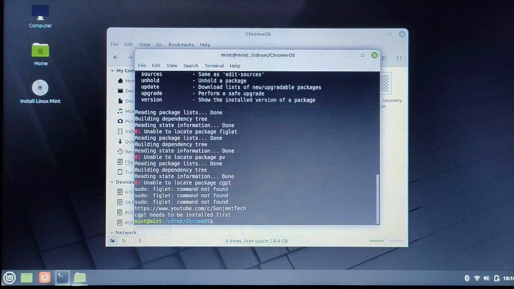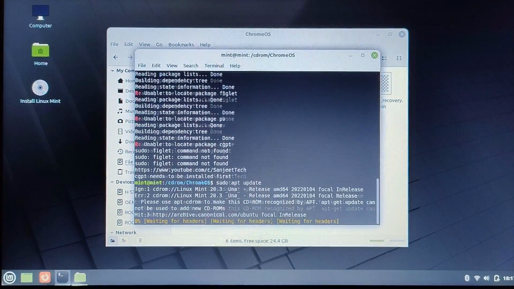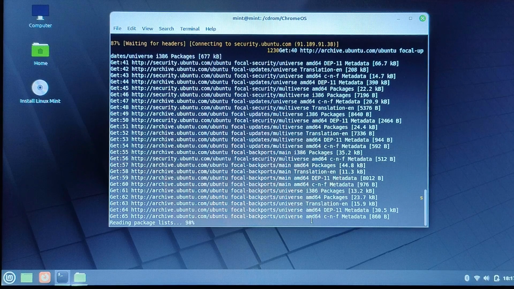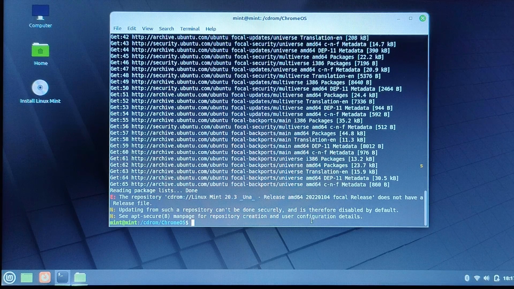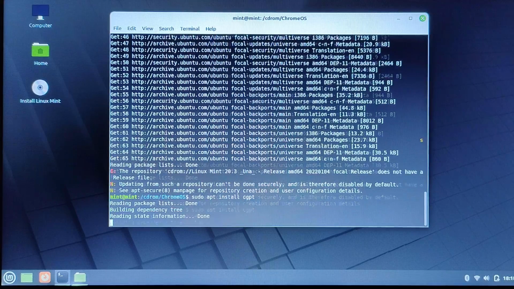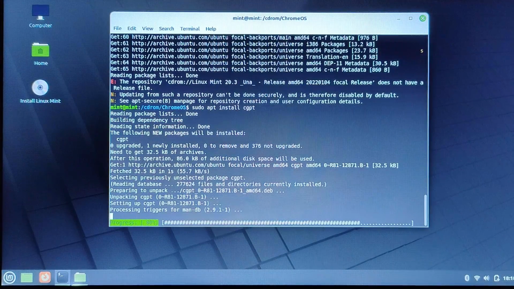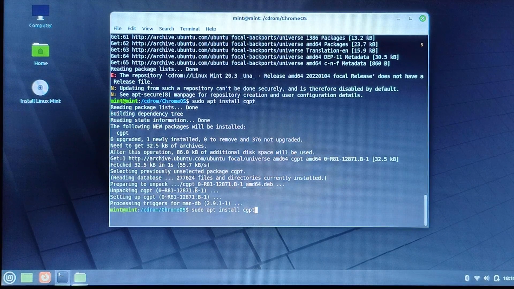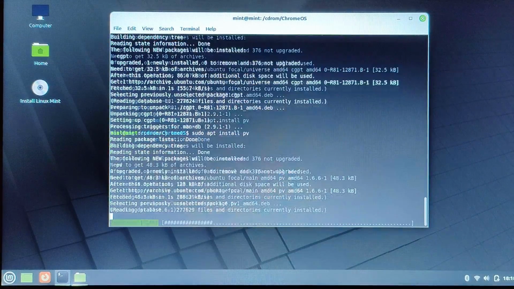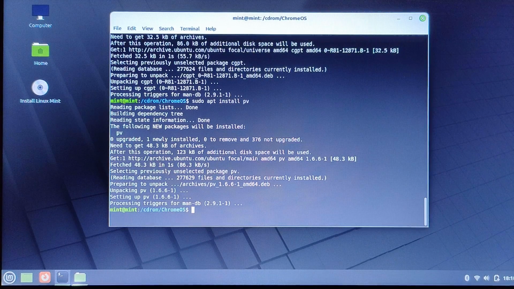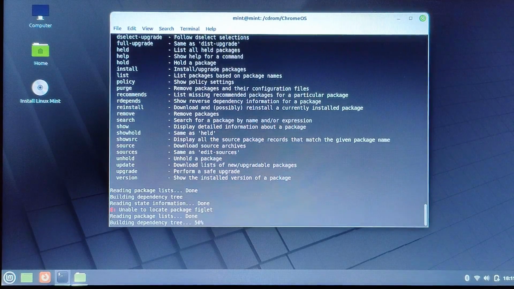Okay, so you need to run some commands before running that command, like sudo apt-get. After that, you need to use the up and down arrow keys to copy the same command. You need to type here sudo apt install cgpt and hit enter. Again, you need to run one command like sudo apt install pv. Now just run your main command, sudo sh install.sh,